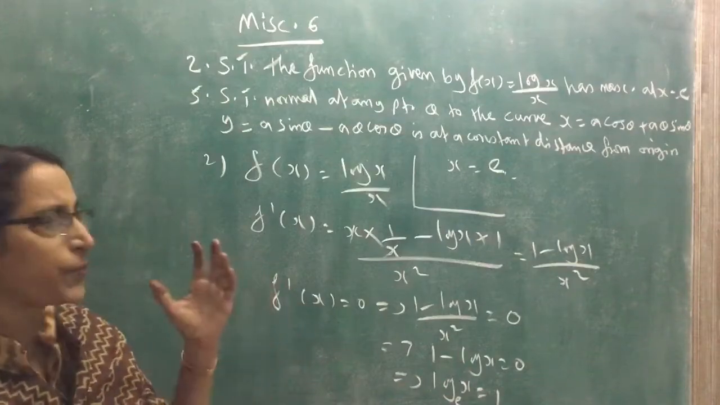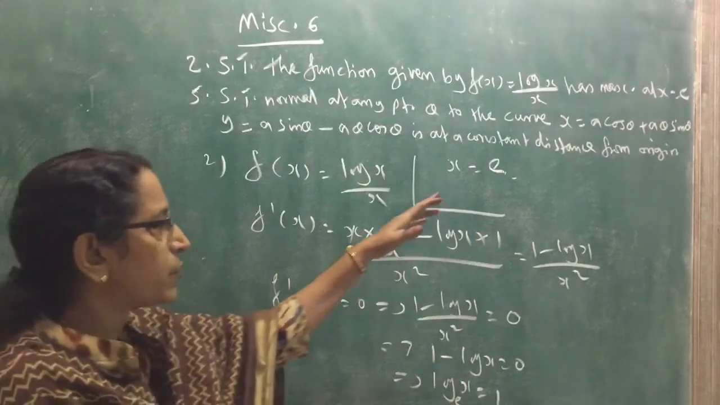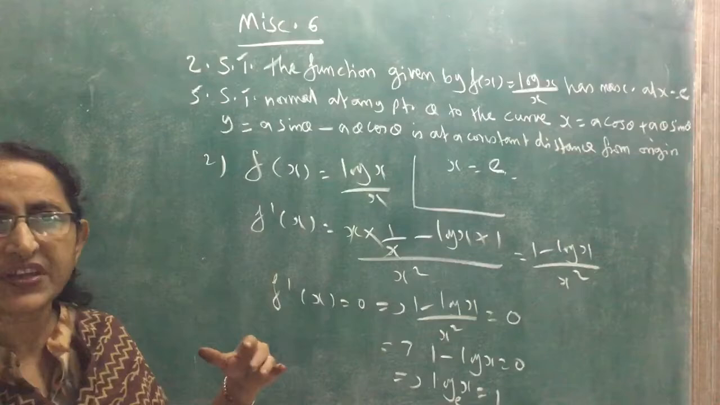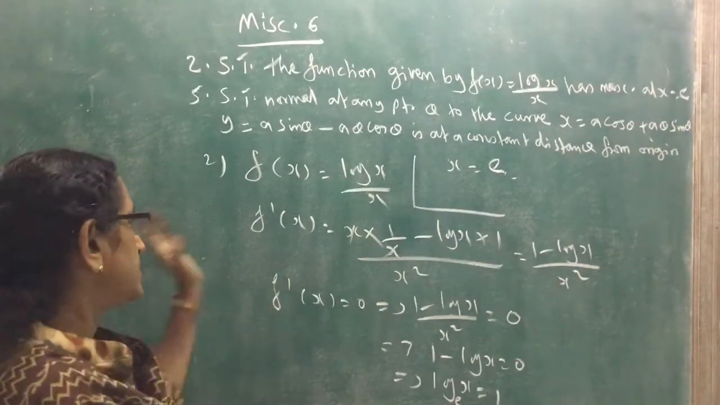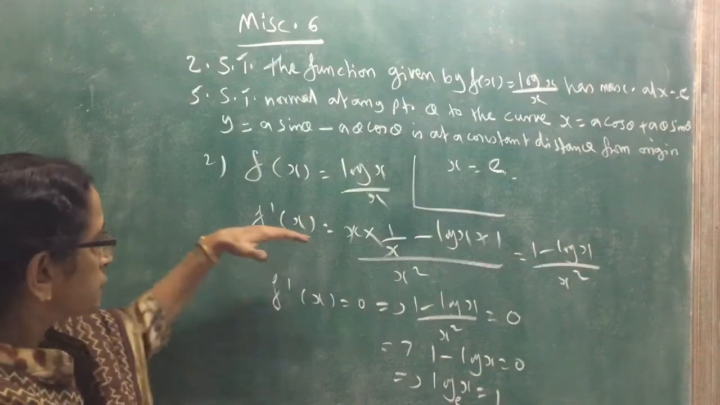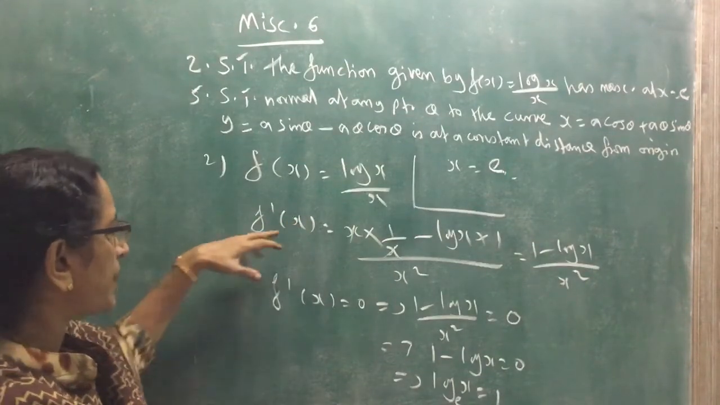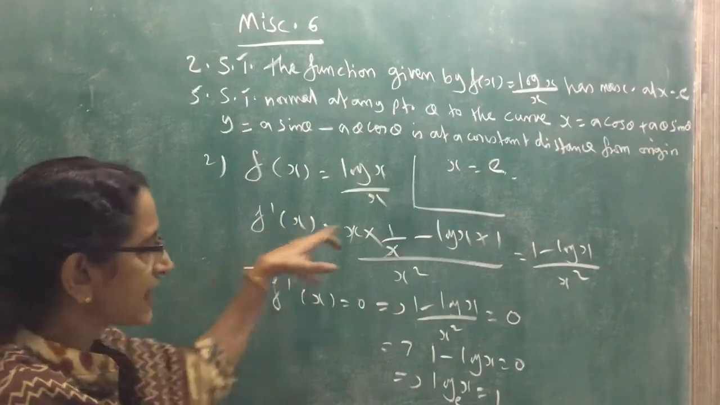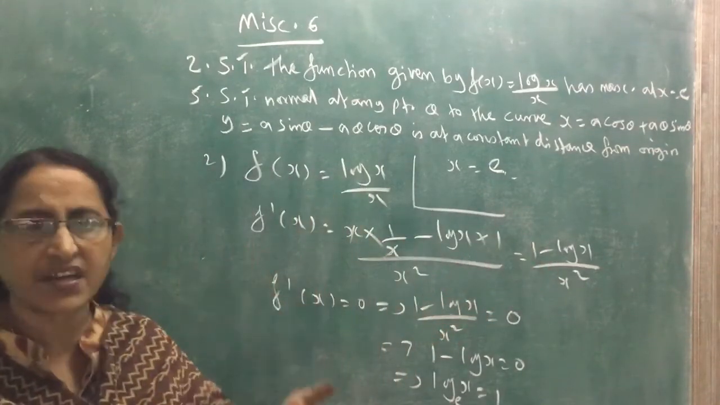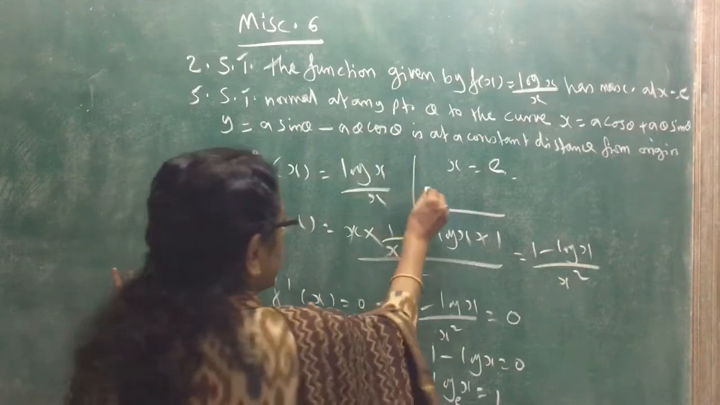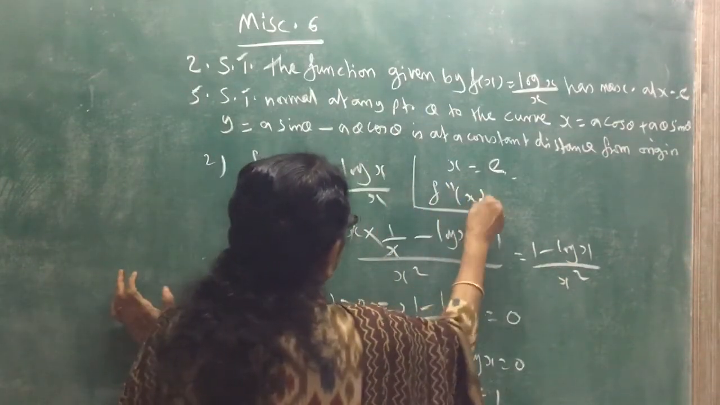Now to prove that it is maximum at x equal to e, we have to find the second derivative and we have to show that f double dash x is less than 0. So we have to find the second derivative from f dash x. f dash x equal to 1 minus log x by x square. From that we have to find the next derivative. So f double dash x equal to,